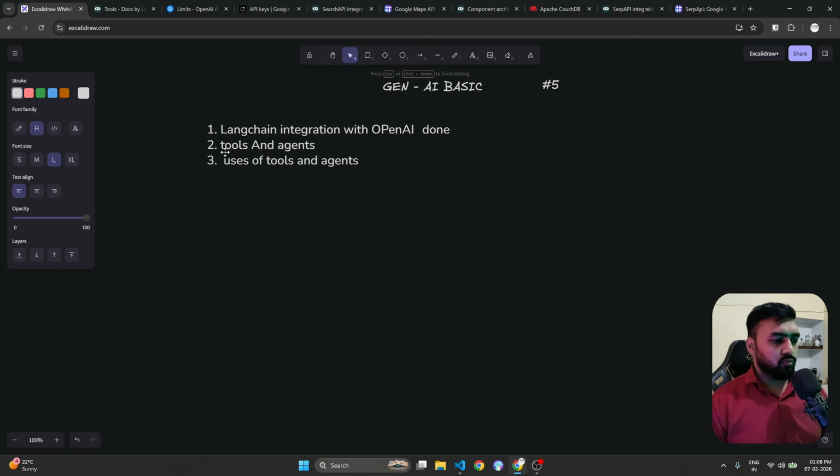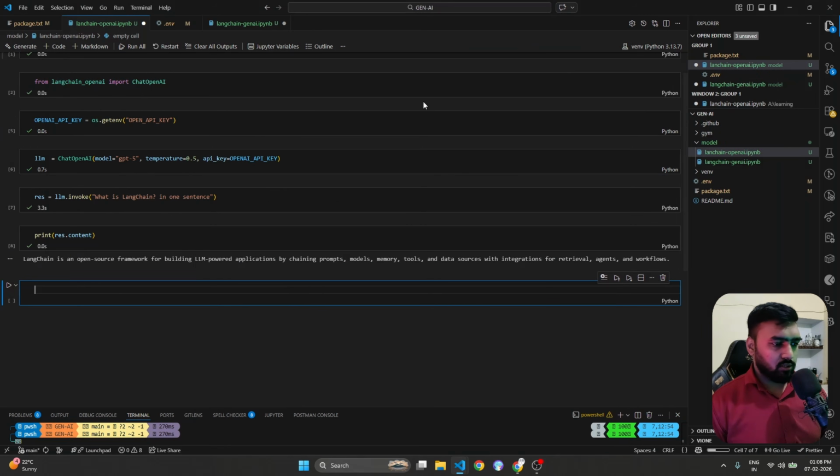Now, why do we need tools and agents? First we have to understand what the limitations are if we use only models. If you ask anything related to the current timestamp, or something after the model was made, then any model is not able to answer it. If it is in the knowledge of that model, it can easily answer; otherwise it will not. For example, if you ask a question from GPT-5, which is the latest model,